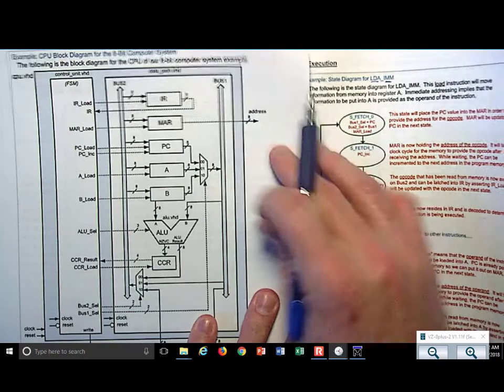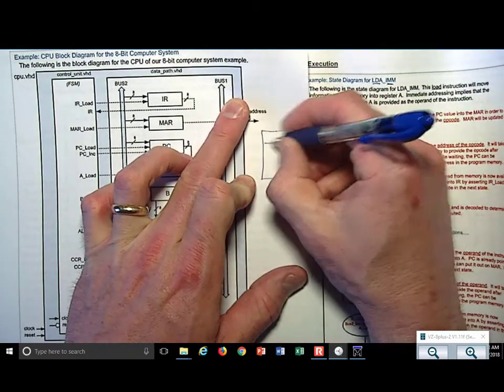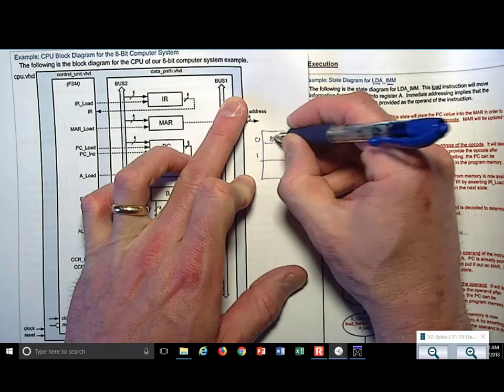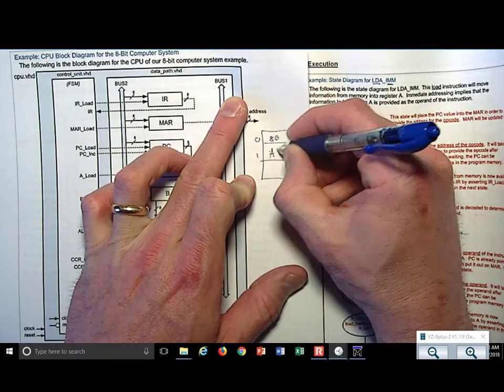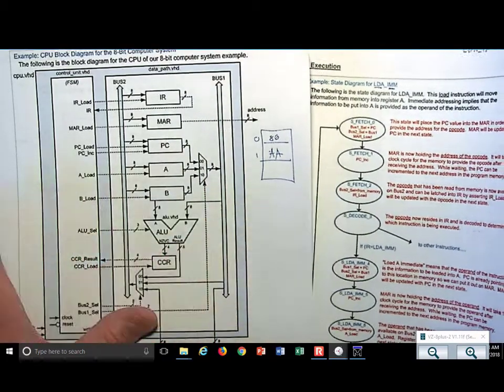What am I doing here? I want to put this guy right here. I want to put my memory system right here. I've got 0 and 1, and I've got 86, and I've got AA. Okay? So now what I'm going to do,